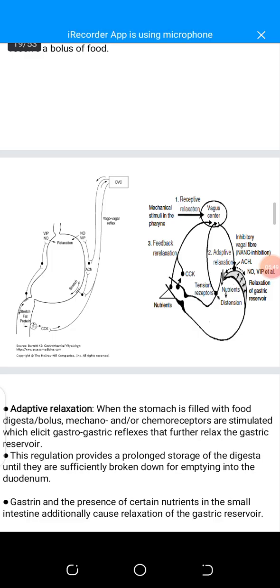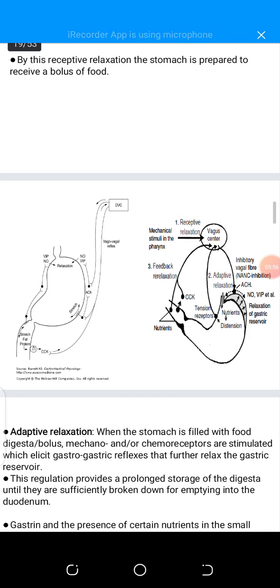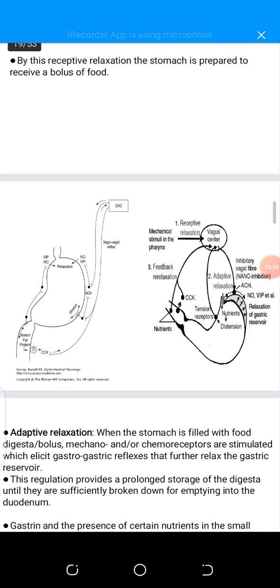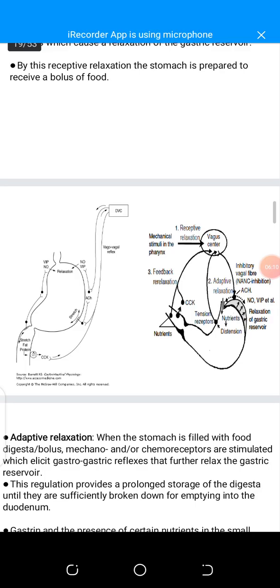On this slide, I try to again reiterate what I had earlier said. Like you can see on the slide, the picture to my left, right-hand side, showing receptive relaxation. You could see that